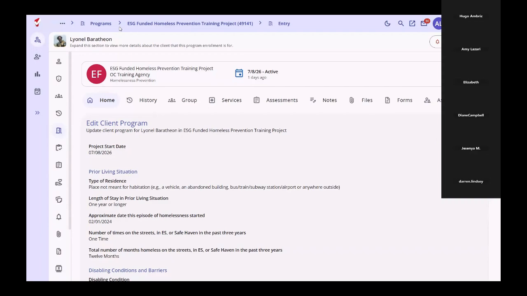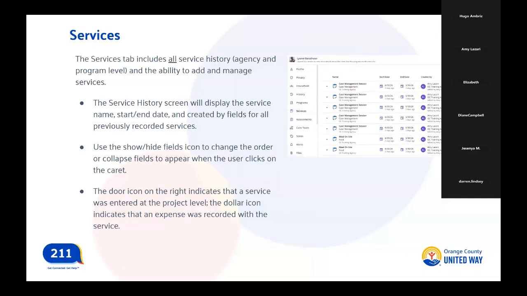And that concludes our walkthrough of the Programs tab on the Client Navigation menu. I'll be switching back to our slides now momentarily, and we'll continue with our training. The next few slides, we will review the Services and Assessments tabs before going through another live demo of those